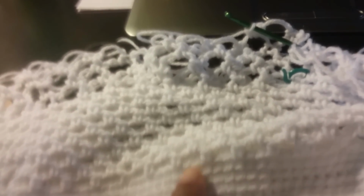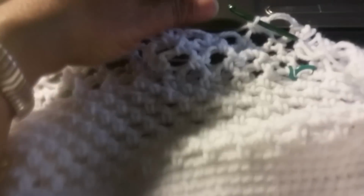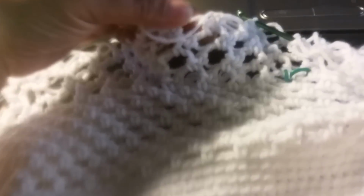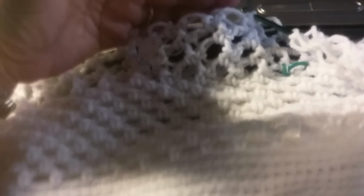So what you may want to do is count all of your stitches here, and then make sure that you're putting that same amount of stitches, singles, in here, so that you still have the same width. Now if you wanted to make it wider, then you would put more stitches, but at this point I'm going to put